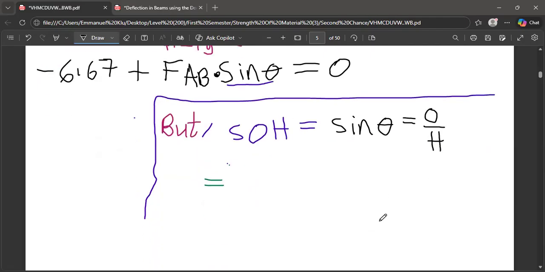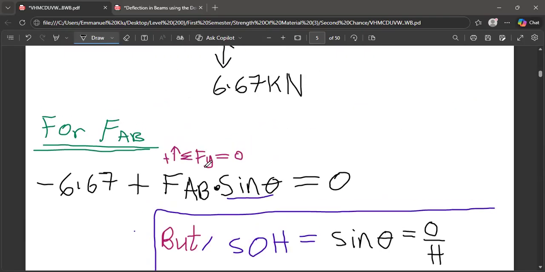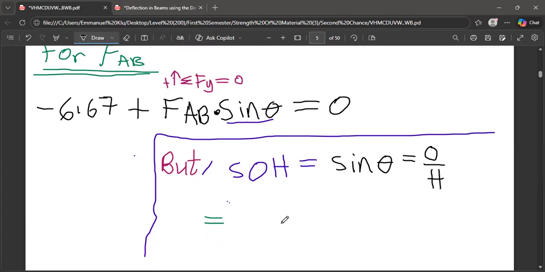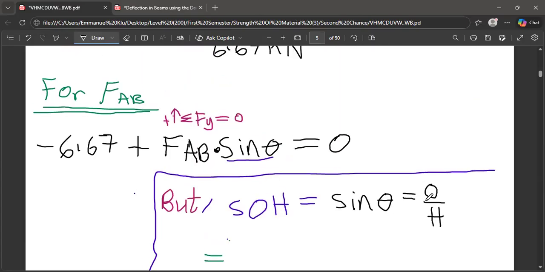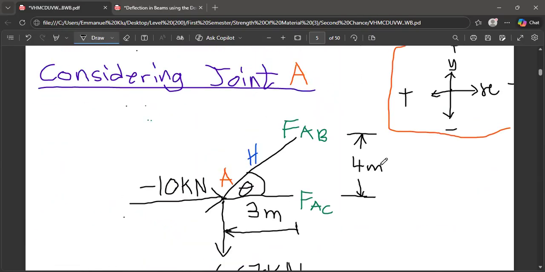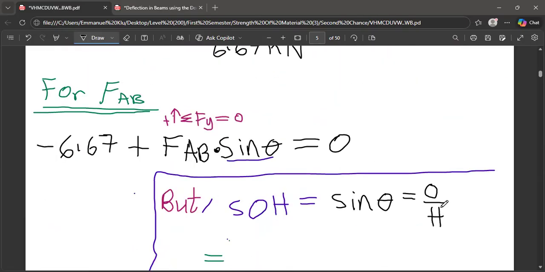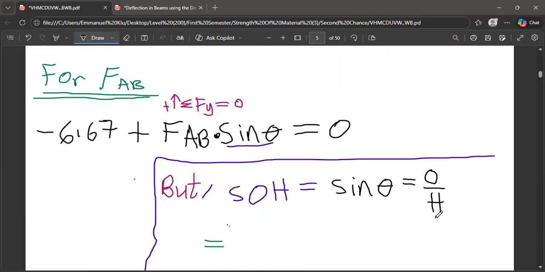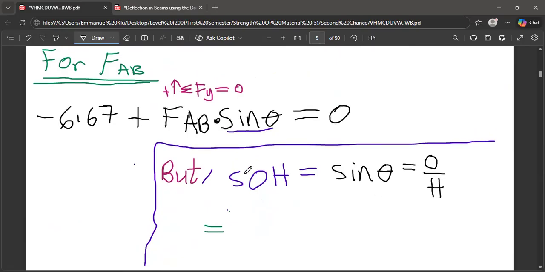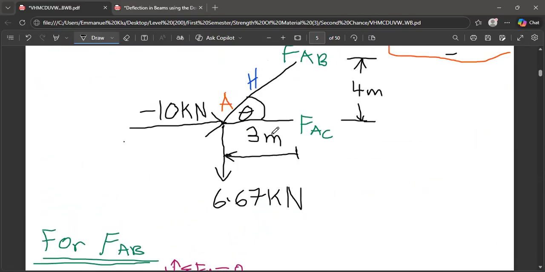It means that we have to look for the opposite over here and we also look for the hypotenuse so that we can eliminate the sine from our calculation. That is the main reason why we are doing all of this. So the opposite we know to be 4. But this h, we don't know the h. So to find the h, I'm going to use the Pythagoras theorem to calculate it